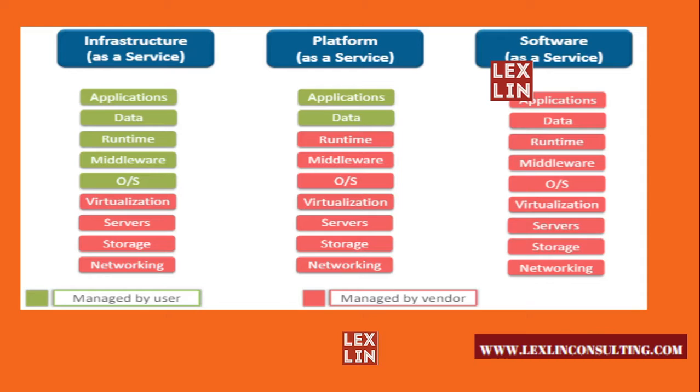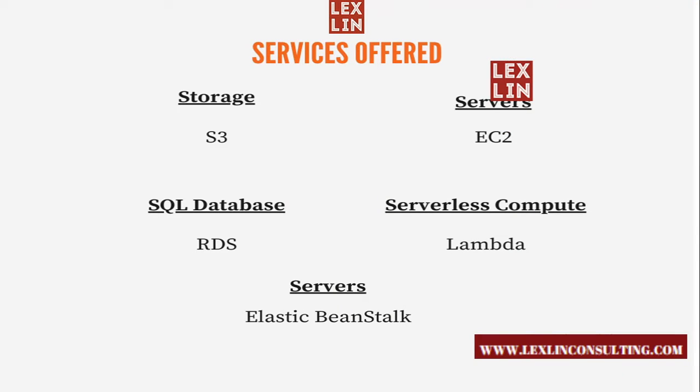Software as a service, everything is being managed by the vendor essentially, and all you do is just use their service, subscribe. Say for instance, I have Spotify, and I don't have to maintain the application. I don't have to worry about updates. That's done for me by the company. And all I do is just use the application. That's it. So those are pretty important types of services to understand before you can actually get into AWS.